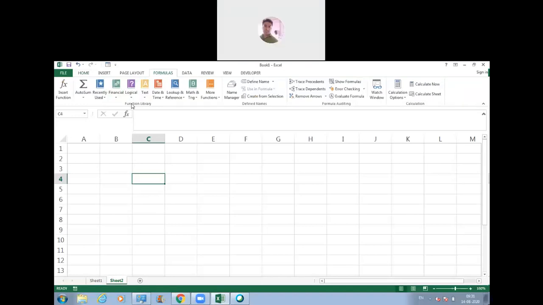We have got a full-fledged group named function library created over here, and there are 9 different parts into which this function library is bifurcated. So whatever function you want to use, you can use it. By clicking on this drop down, you can find all the functions. The way you use function library, in the same way, we have another tab named insert function. I see insert function as a shortcut to access this function library.